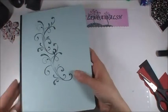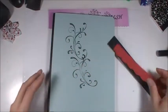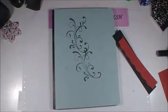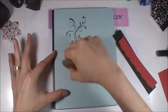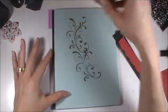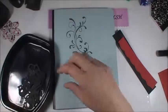There we go. Now what we're going to do is decorate. That's the best part, right? Actually, before I put this on, I usually put my notes on. I have a little piece of glue that I'm going to get off before it gets too sticky with black from inks and all that. Okay, so I cut out with the alphabet